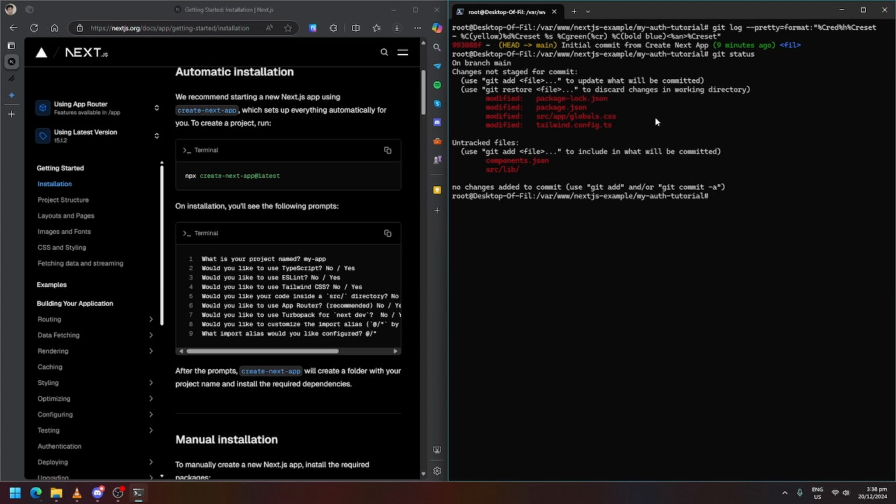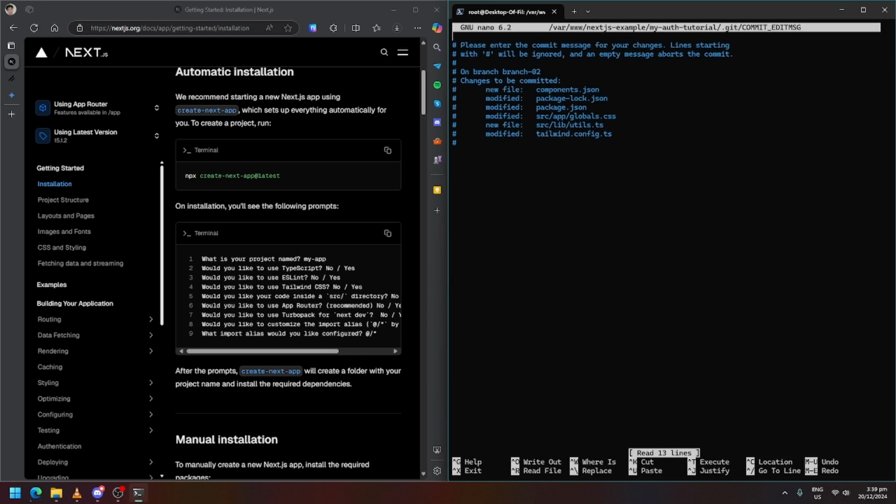Okay, let's move this to a new branch. git branch, git checkout -b branch 2, and then git add, git commit: installed shadcn using npm.